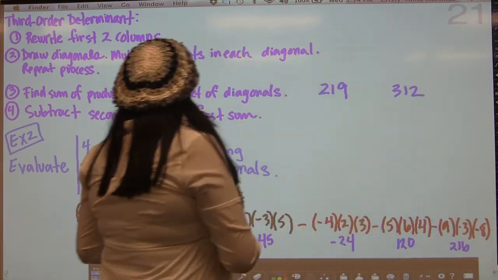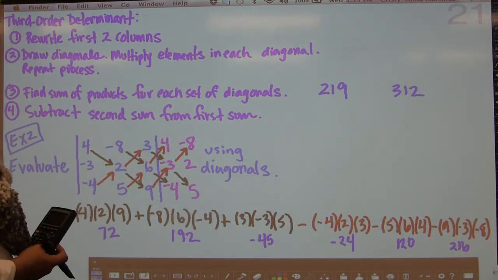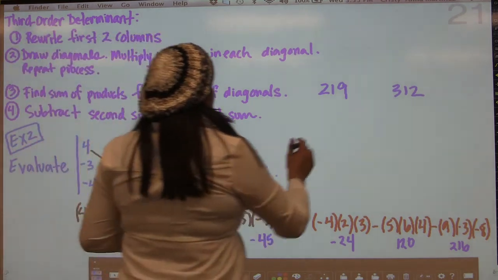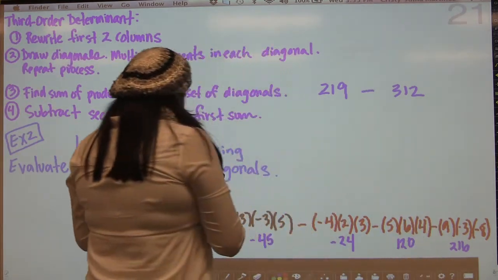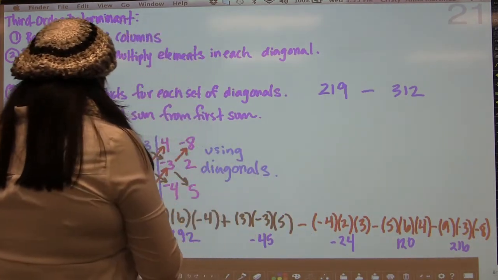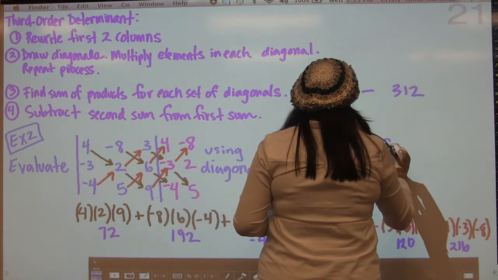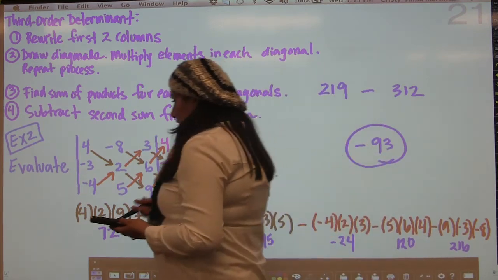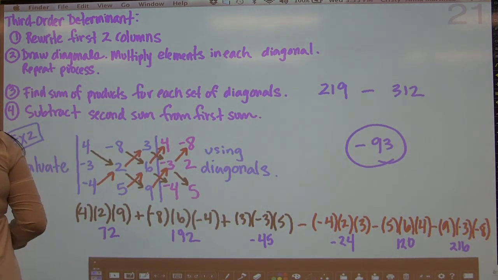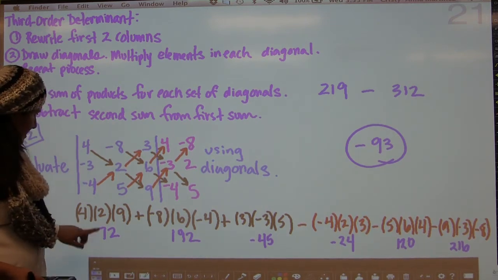Then it says in step 4 to subtract the second from the first. So now I want to go 219 minus 312. And so my final answer is negative 93. Okay? However, you can also get that same value by taking, and what I've done is all the black